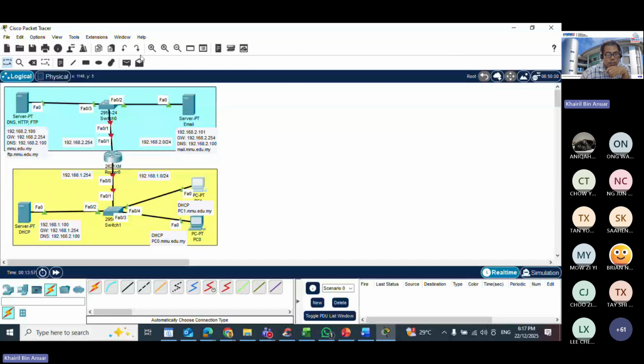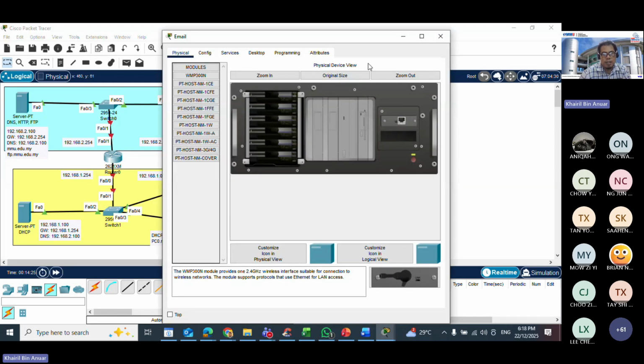Okay, so you can start to send packets from the DHCP server to this PC. Okay. From the DHCP server to PC0 also okay. Between PC0 and PC1 should also be okay. Okay. But if you want to send to the router, it still hasn't had any configuration done properly. Okay. Done with the bottom one. Then we go for the email server over here, right?